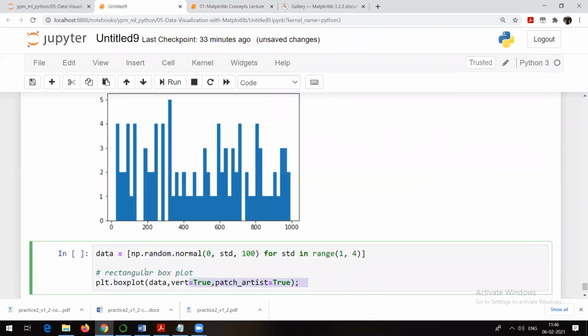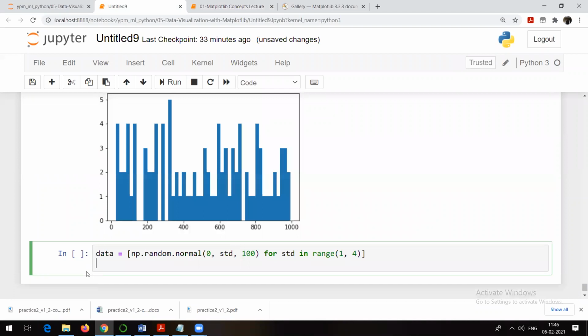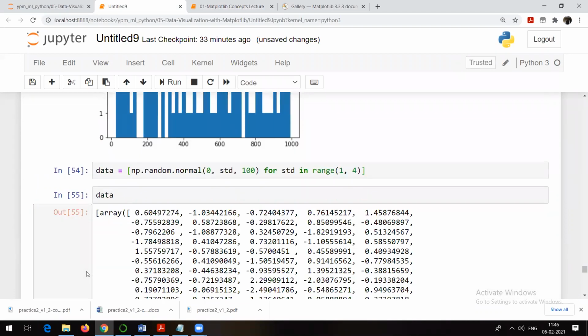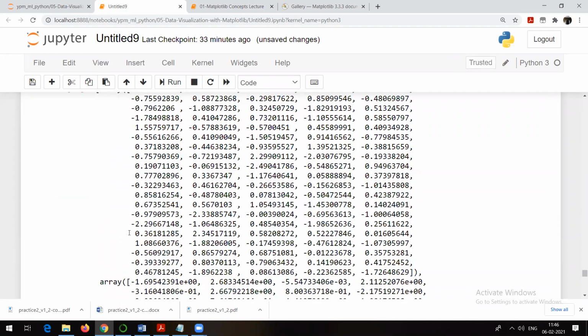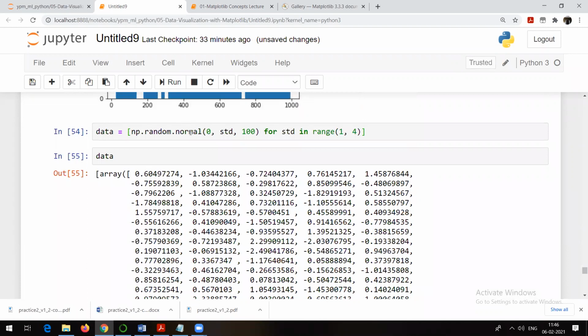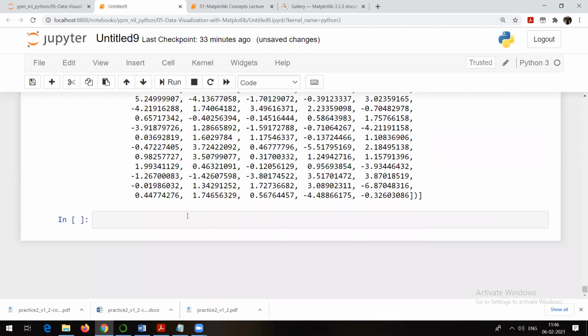So let me show you the data. I have created the data, it is an array, you can check it. This array has all the values from the standard normal distribution because we are using the np.random.normal method. By default it gives values from the standard normal distribution.